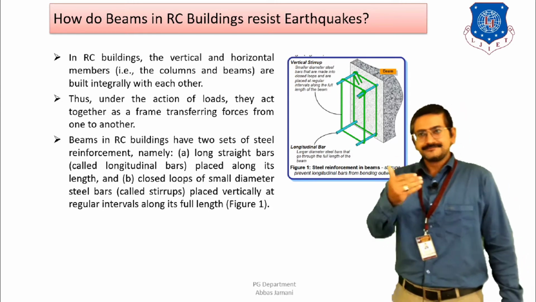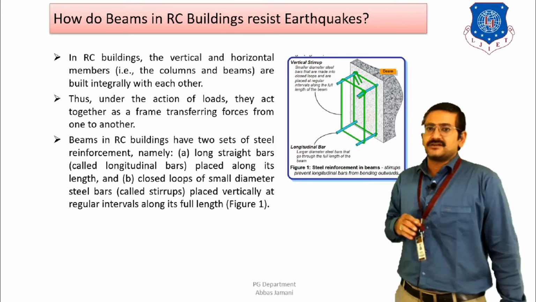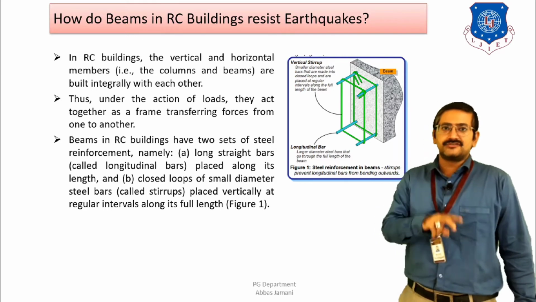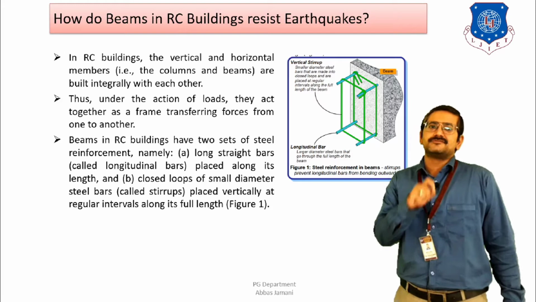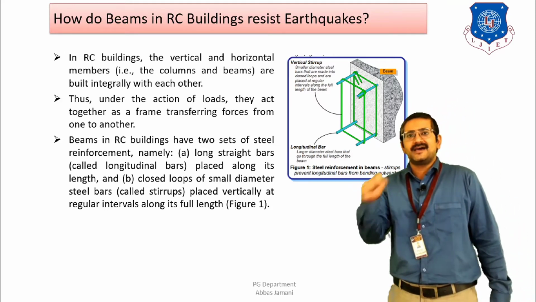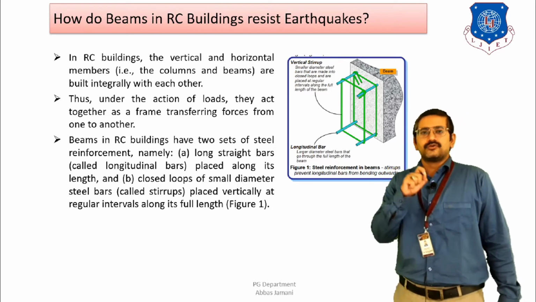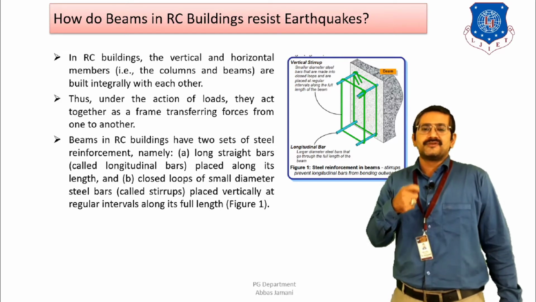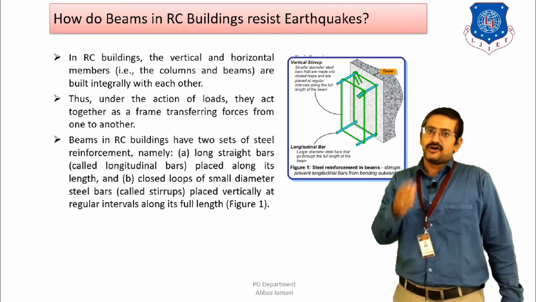Right? So if I look at the structural geometry of the beam, it is basically going to consist of two types of bars. First is the horizontal bar and the second is the vertical bar. The horizontal bar is also known as the longitudinal reinforcement, which is going to go throughout the length of the beam and it is going to be straight. Second is the vertical bar, which is also known as closed stirrups or loops, which is going to form a loop, and it is going to be provided at certain intervals as per the guidelines mentioned in IS 13920 along the length of the beam.